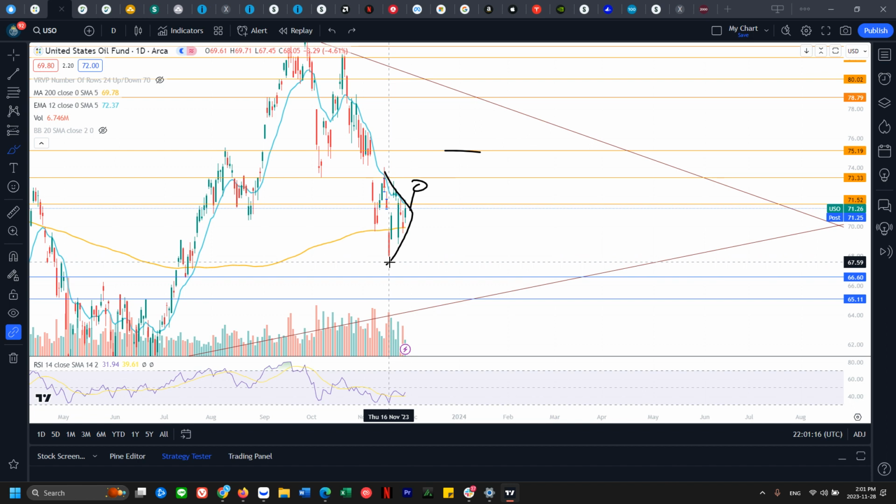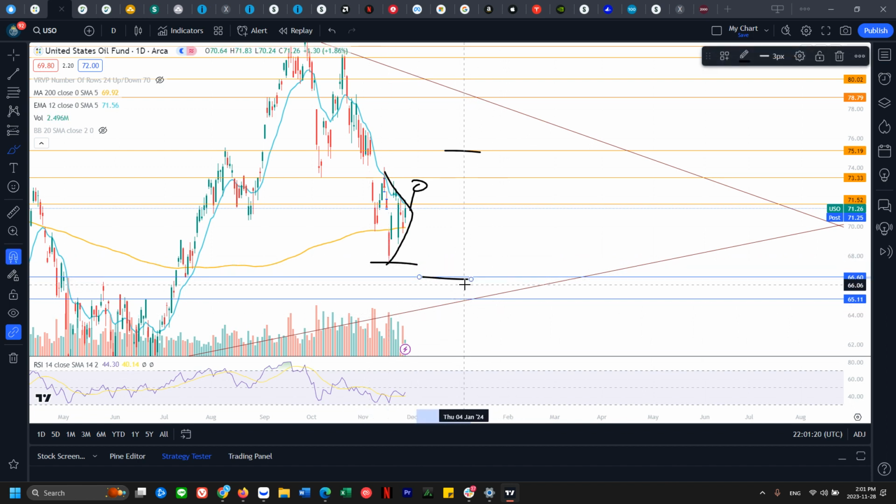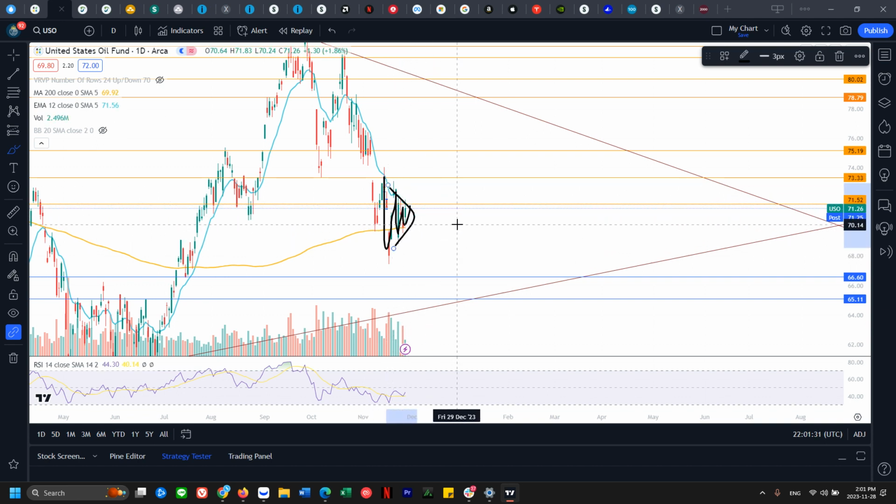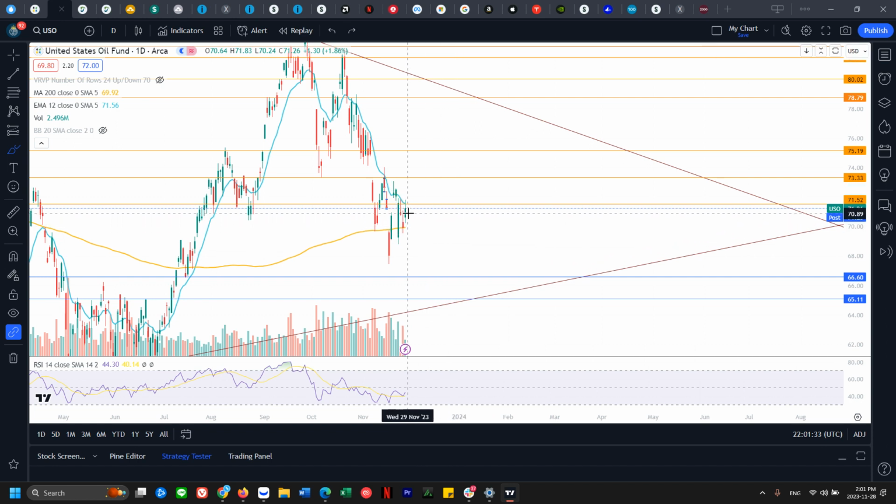Tightening range is low at 67.45. That breaks, we're coming down to 66.6. You can see we can move up, smaller move. Next move is smaller and smaller, smaller, smaller, and it'll break once it gets too small, which is probably in the next couple of days. By the end of this week, it should break this tiny range, and then we'll know which way it's going to head to.